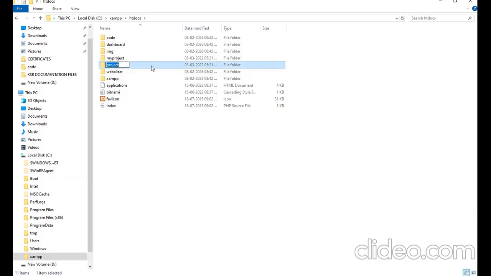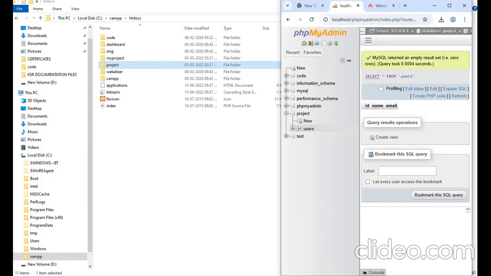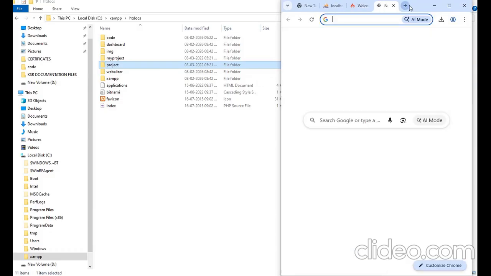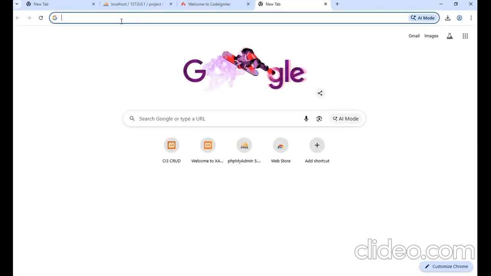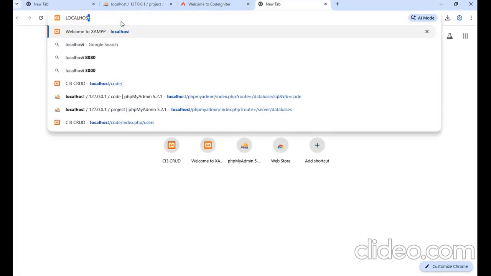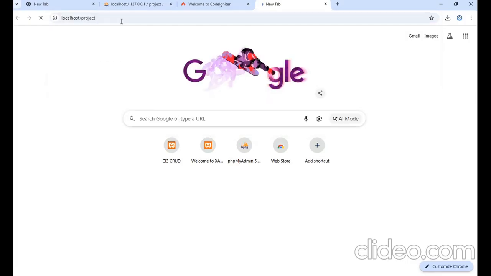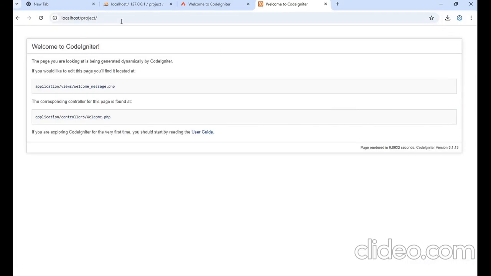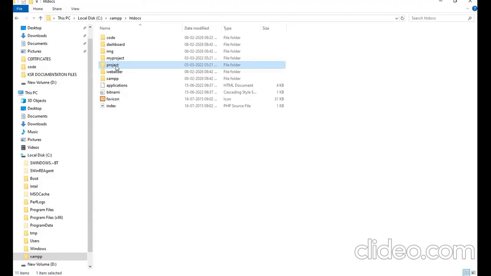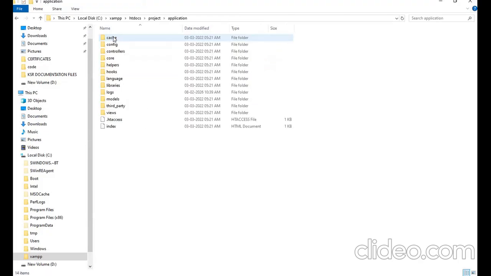Okay, first we will check localhost project. Yes, CodeIgniter. Okay, now go to the CodeIgniter project, application,